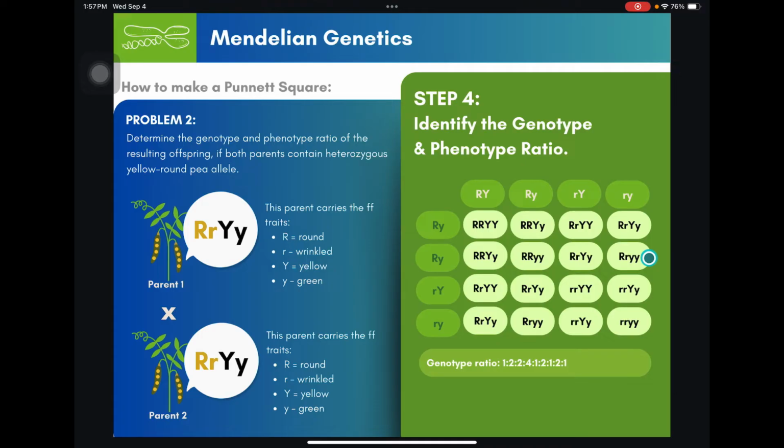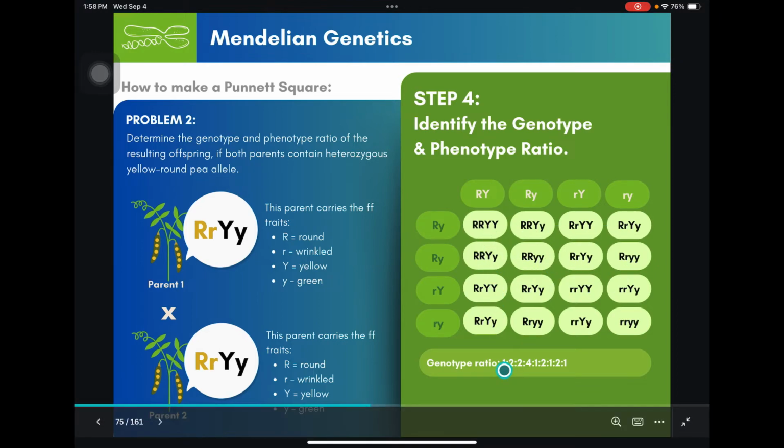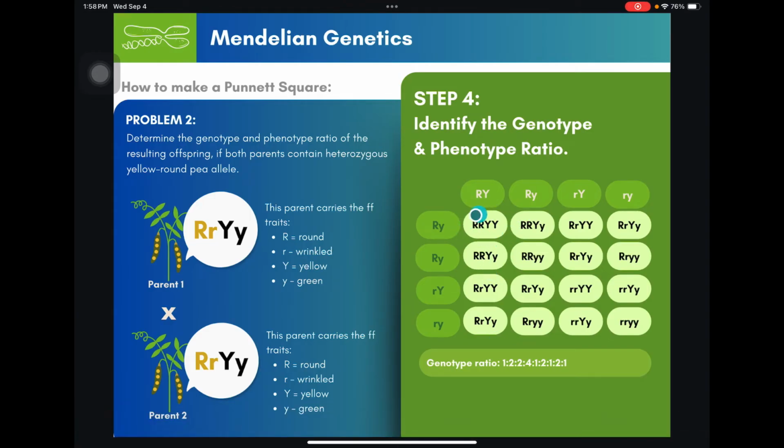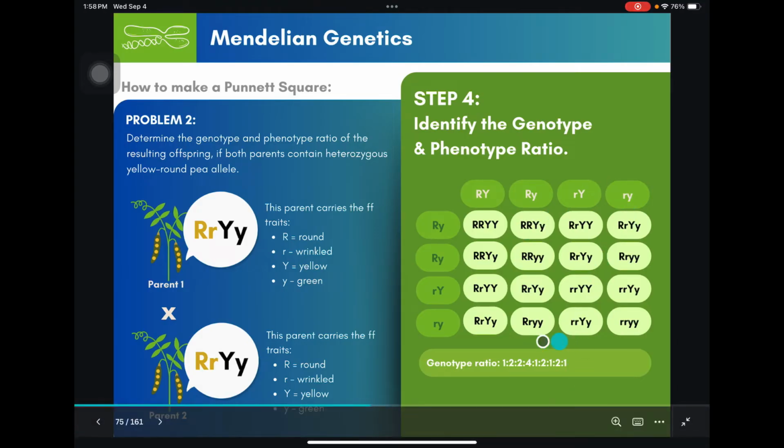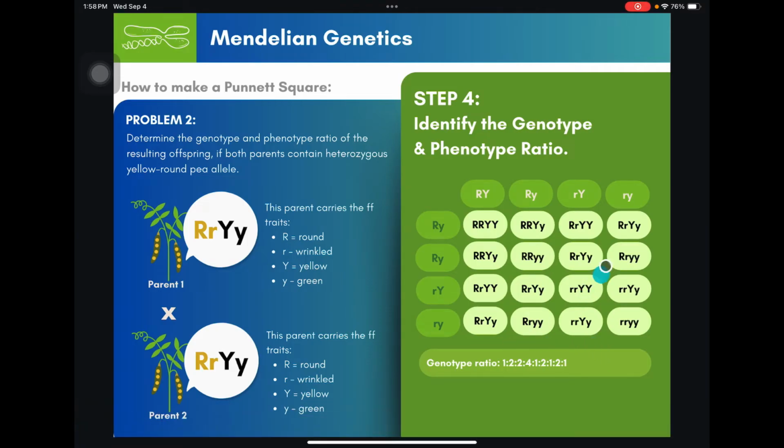Now, you'll have to identify the genotype and phenotype ratio such that you will have to quantify each of these traits that are unique to one another. For example, this one represents RRYY because there is only one dominant RR and dominant YY across our results in this one. And continue your way up to the second column, up to the third column, and fourth column until such time that you are able to account for every single possible genotypic ratio.